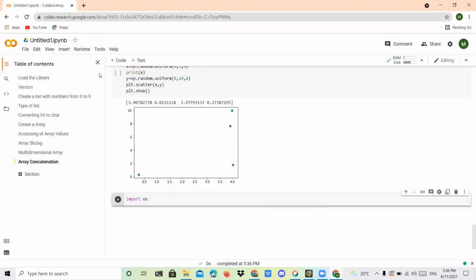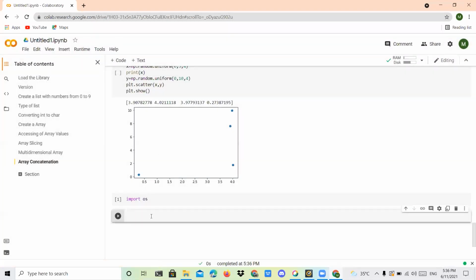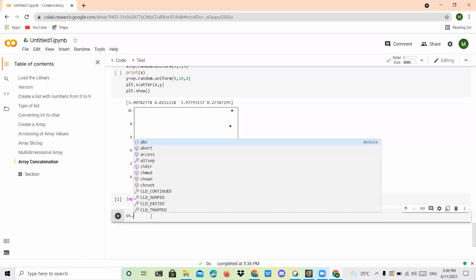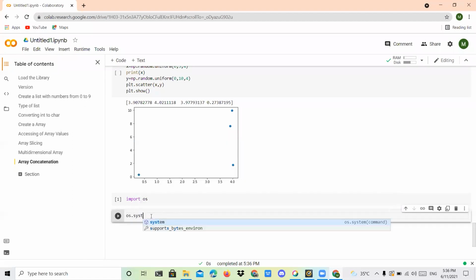Next library function: from os, you have to include 3 libraries. One is os dot system, within brackets, in single quotes, you mention Python followed by one space, then -m followed by pip followed by install, and the library name below.